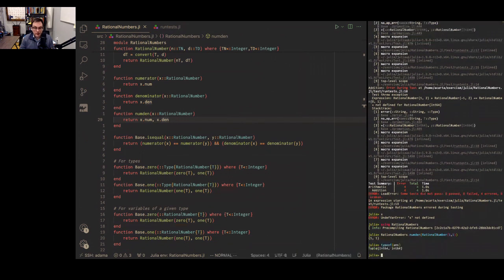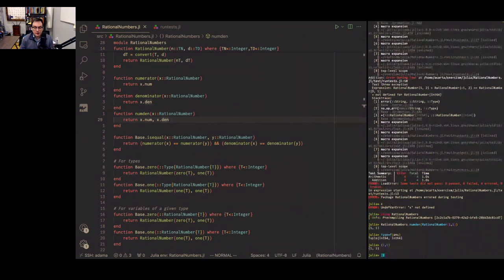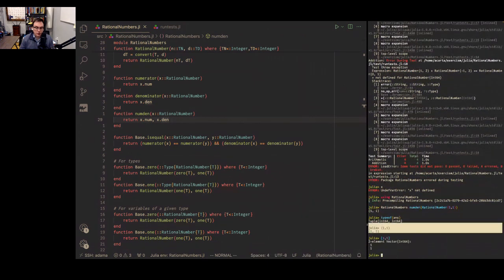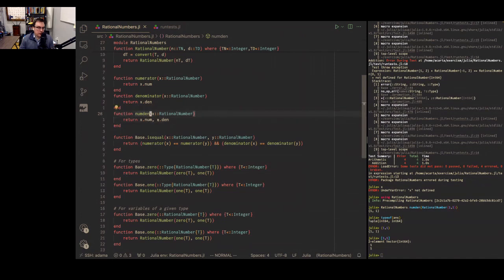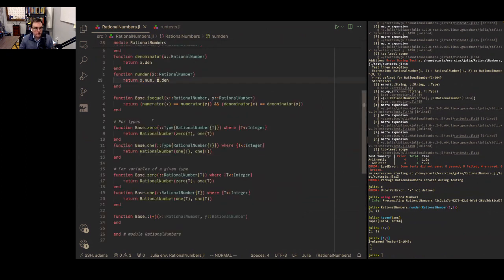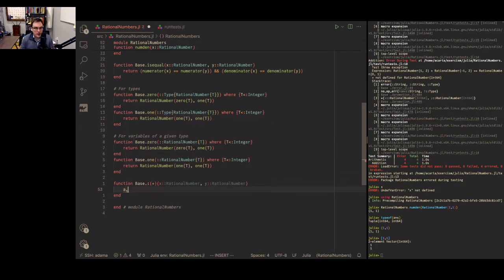Julia is a language that does make a distinction between tuples and vectors. So (1, 1) and [1, 1] are two different things. This is a tuple, always immutable. This is a vector that I can change the values of. And this is just for convenience, basically what's called destructuring as a general term, to split this into its constituent pieces. The reason I want to do that is because I'll write a, b = numden(x), c, d = numden(y),